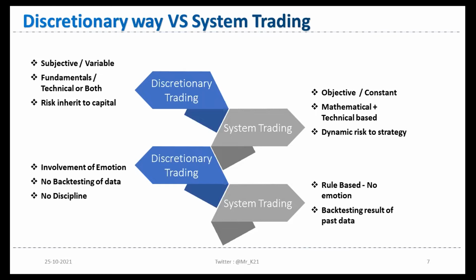Based on those rules, you can have your backtested results, which can boost your confidence about whether to start a particular trading strategy or not, whether to scale up, add more capital, or start with a big capital, etc. These are very thin-line differences, and I guess most people know about that. What is the difference between discretionary trading and system trading? I can give you a highlight: system trading is always a very good way to start your trading. If you are new, a beginner, go with system trading, because it can help you remain in the game for a long time.